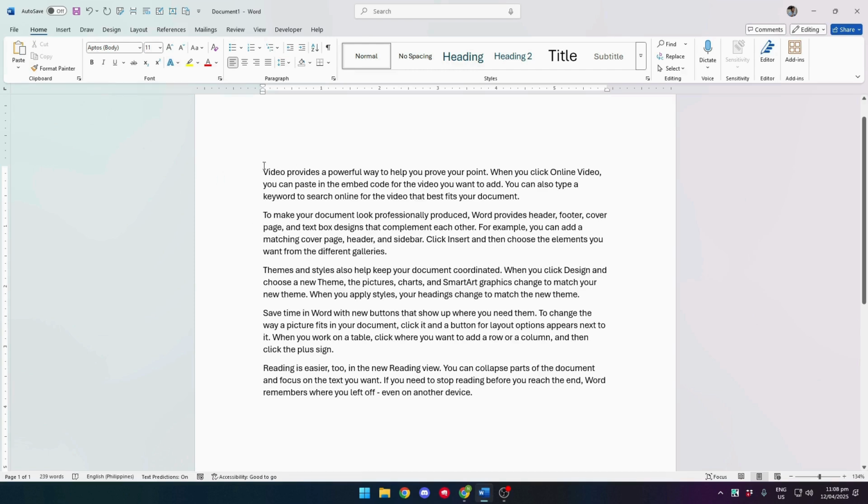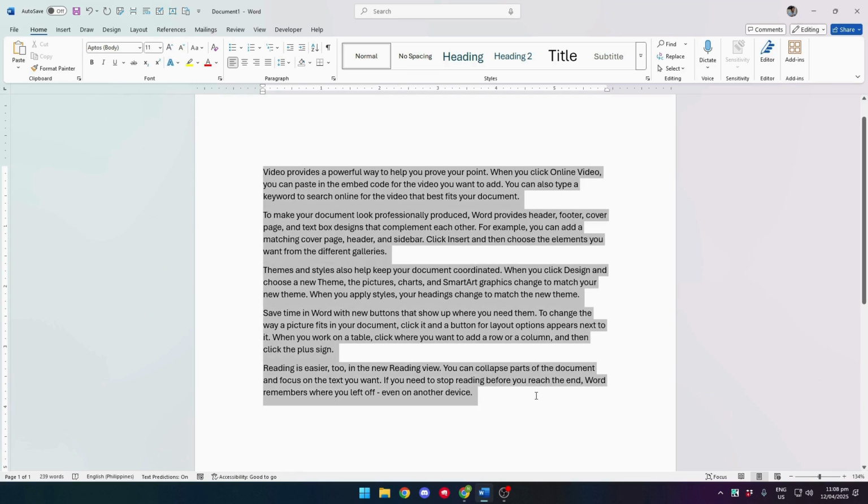And as you can see right now, we have our font as Aptos. And you can see it up here, right at the top under the font group in the Home tab. Now to change the font, simply highlight the section or the entire document, if you want, that you want to change the font for. And from here, click on this arrow